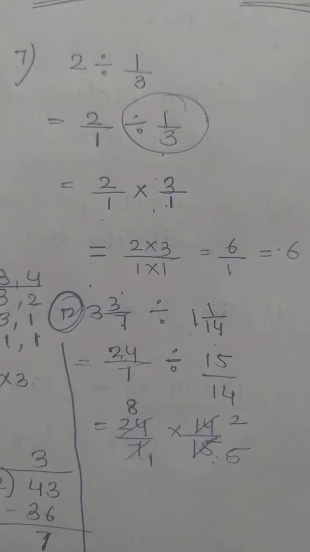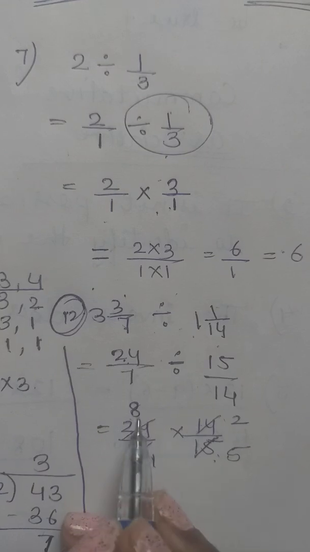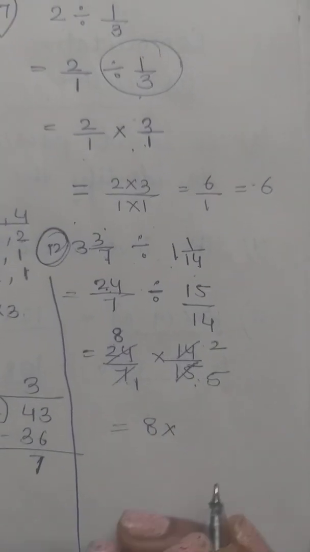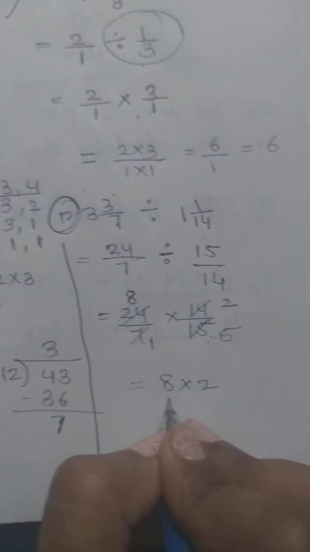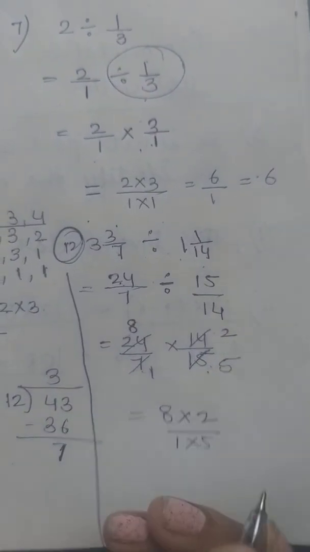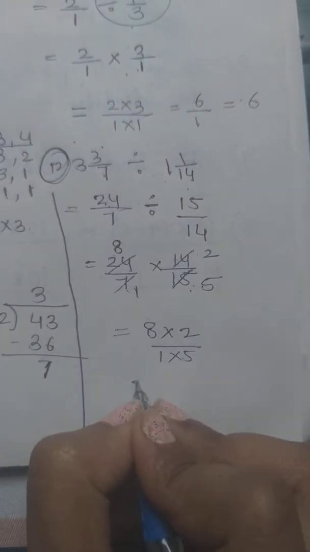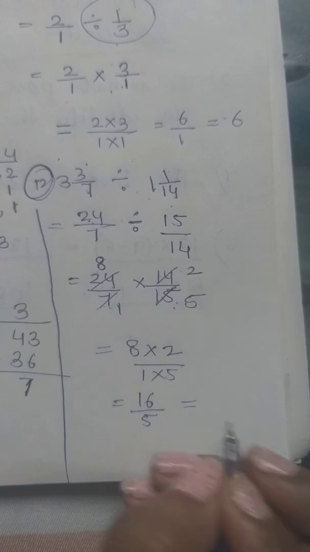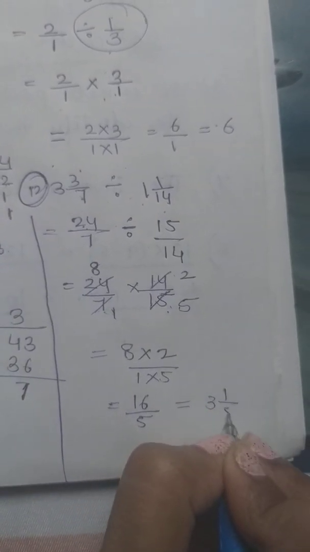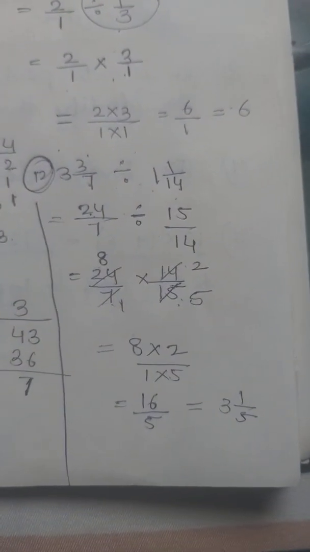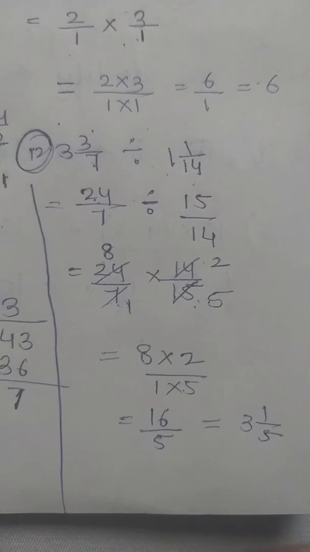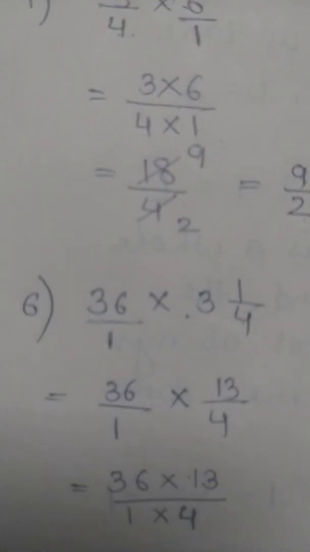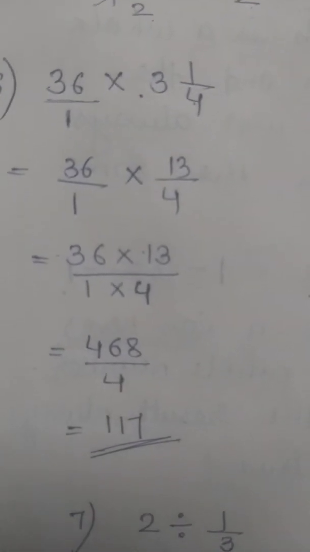Next we'll multiply numerator to numerator. In the numerator 18 by 2, and in the denominator 1 by 5. So 18 2s are 60 and 1 5s are 5. Now convert into a mixed fraction, that is 5 3s are 15, 1 by 5. This is how you have to do it. The answer is 3 1 by 5. Hope you understand. Just see the question and answer once again.